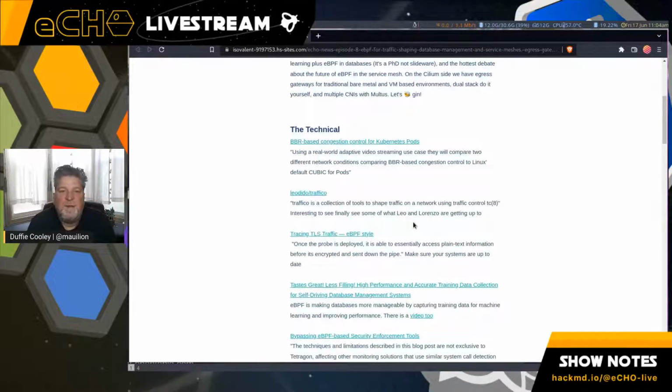Using a real-world adaptive video streaming use case, they will compare two different network conditions, comparing BBR-based congestion control to the Linux default, cubic, for pods. Now, this was an interesting talk, and a really interesting presentation because it got into one of the topics that I think is always pretty fascinating to me, which is, as we move toward this container orchestration scenario, right, as we adopt Kubernetes and a lot of the other container orchestration models